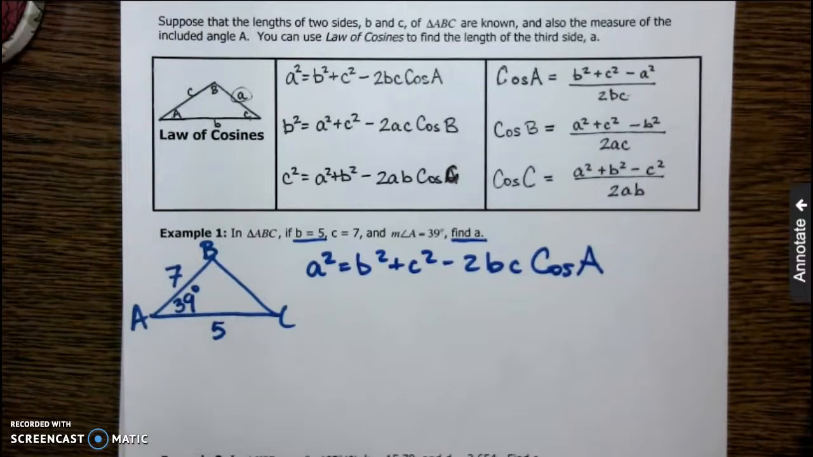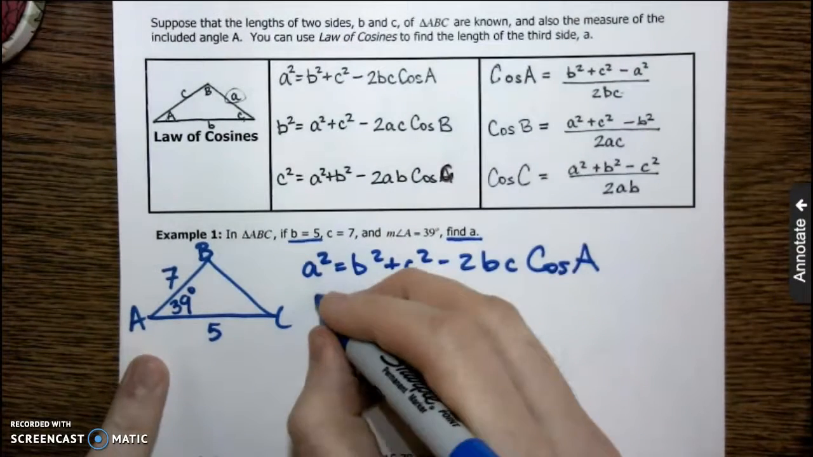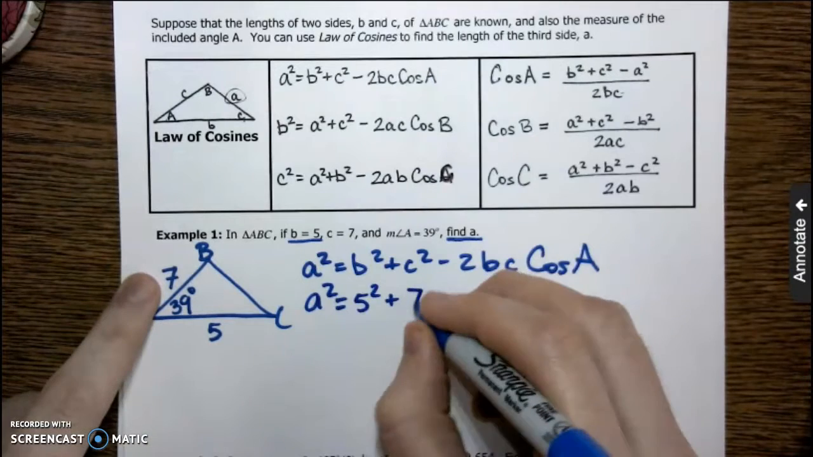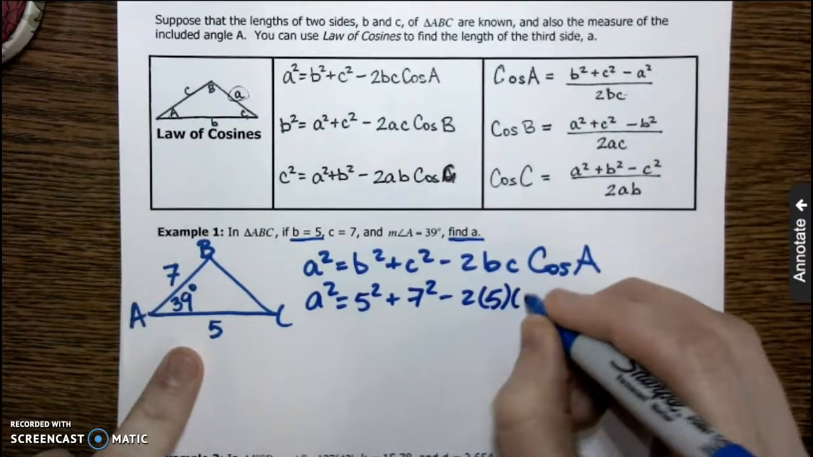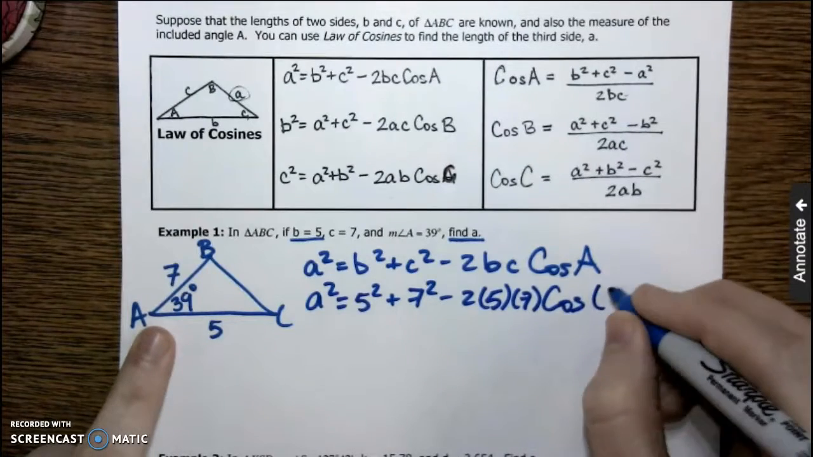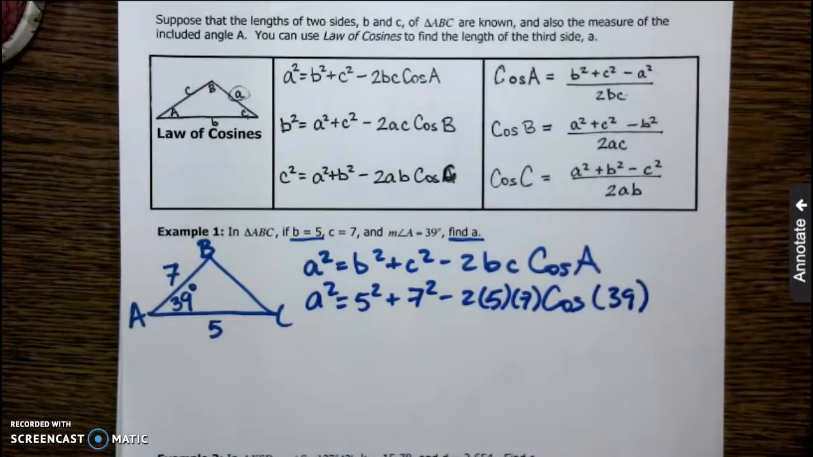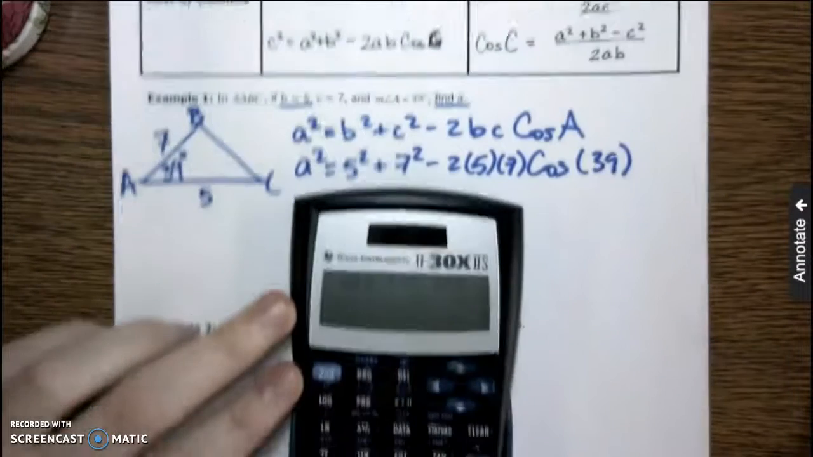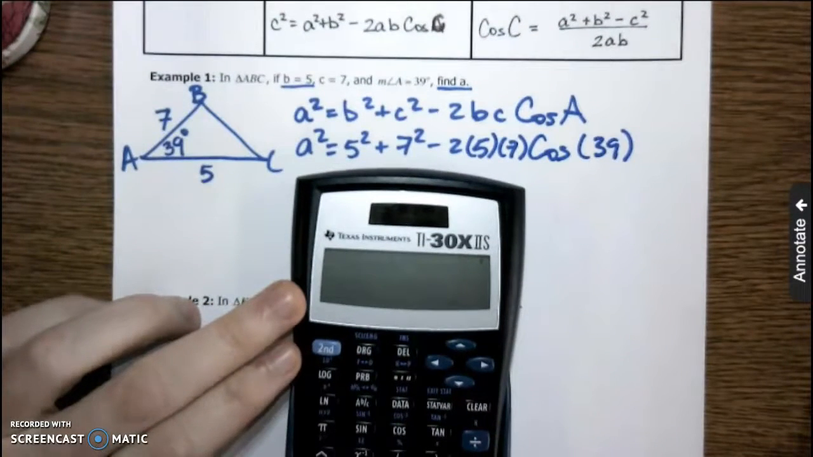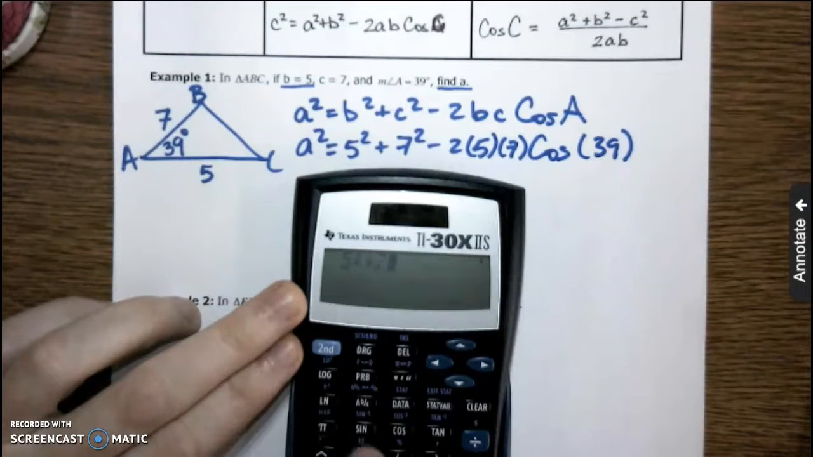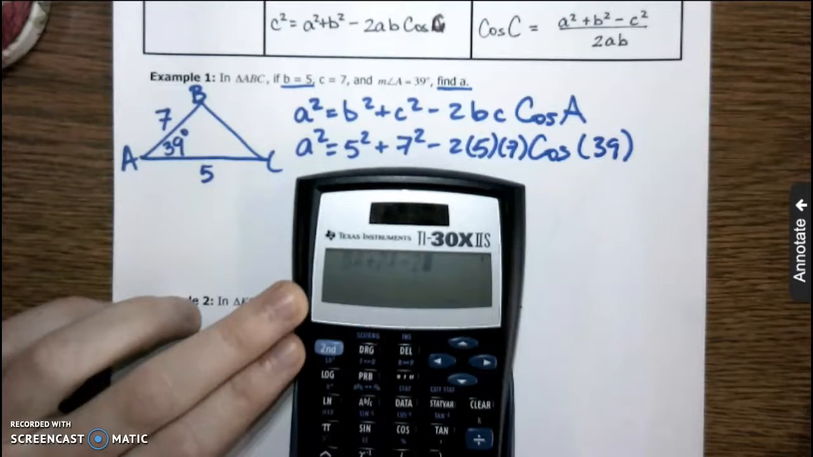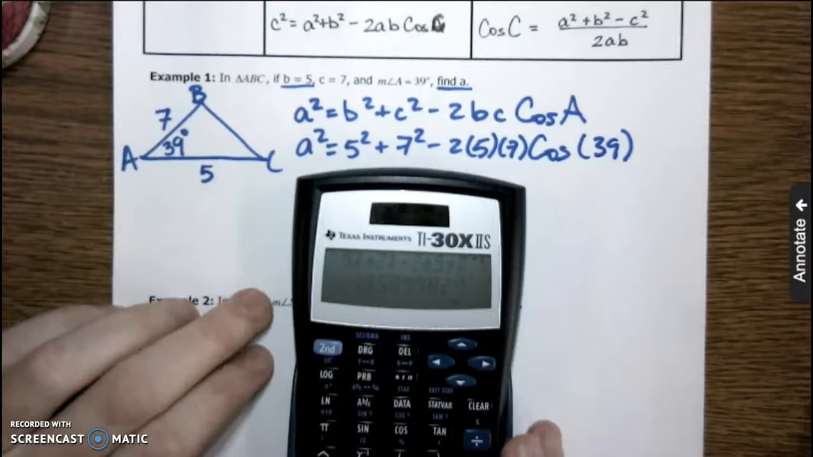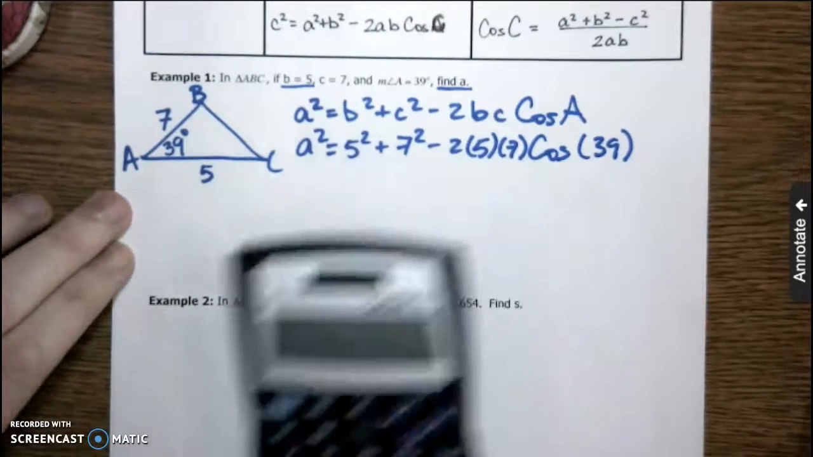Okay, then fill in your important information. I'm looking for a, I don't know that. b is 5, side c is 7, and the cosine of angle A, which is 39 degrees. So we need to make sure that our calculator is in degree mode. So I'm going to type this in, making sure I'm in degree mode, which I am. It'll be 5 squared plus 7 squared minus 2 times 5 times 7 times the cosine of 39. And I get 19.6